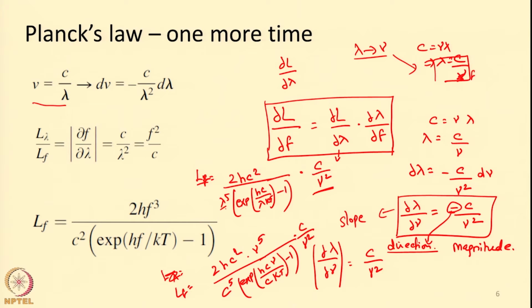This will come something like this. So, you cancel everything out and finally we will get this particular equation: 2h c cube, this will become c square, and then this nu square will cancel, this will become nu cube. So, the numerator will become 2h frequency cube divided by c square, the exponential of this c will cancel out, h nu by kT minus 1. So, this is the way in which we have to derive the Planck's equation to be expressed in terms of